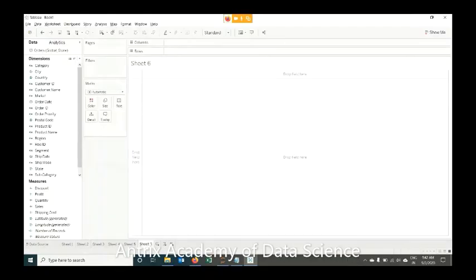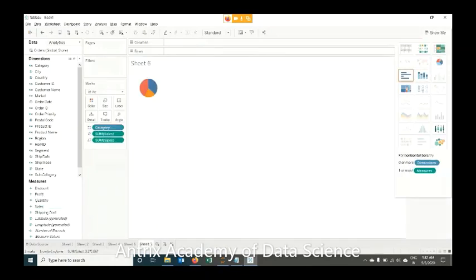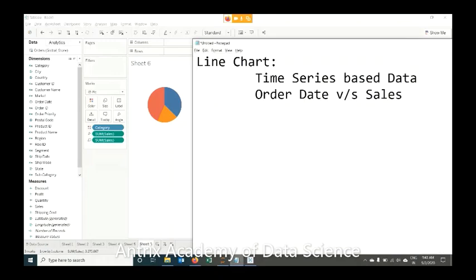For other chart, let me take pie. So if I take category wise sales, it does allow me to make a pie chart for this. So depending on the case, you can take a call. If you want to increase this pie, you can use the shortcut as